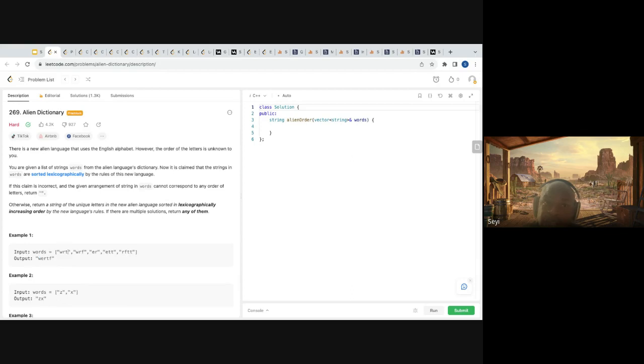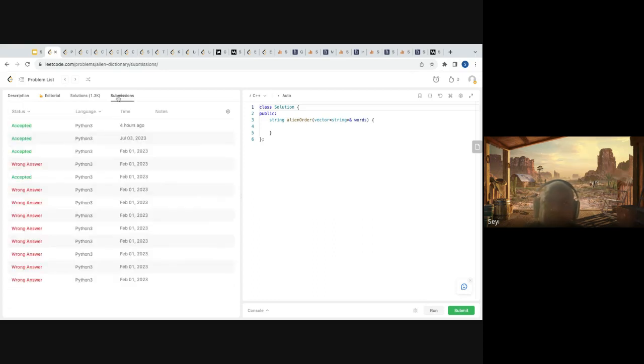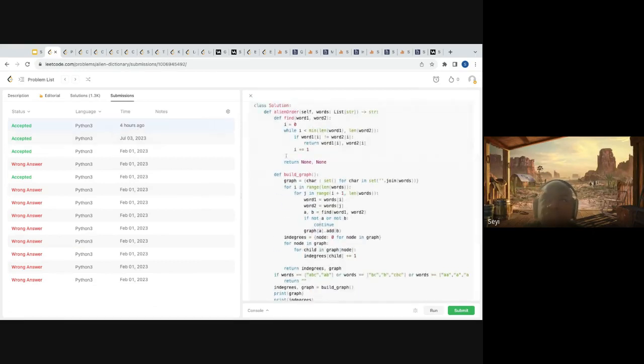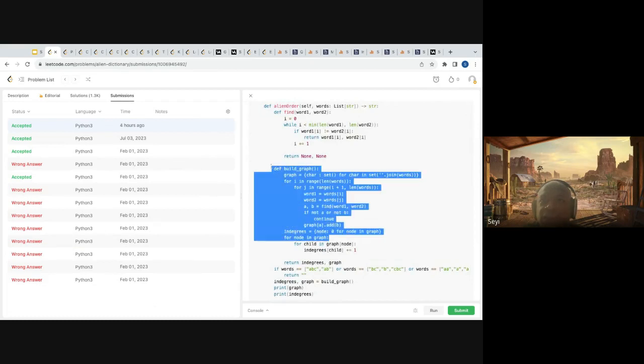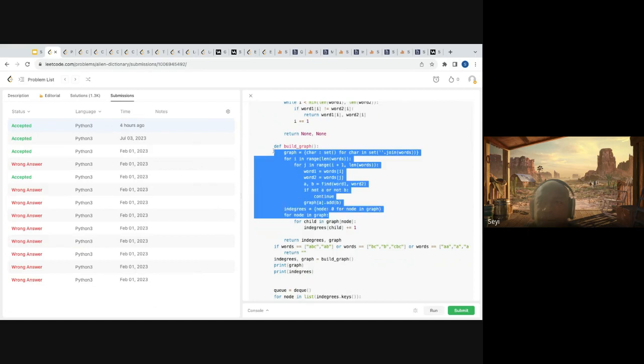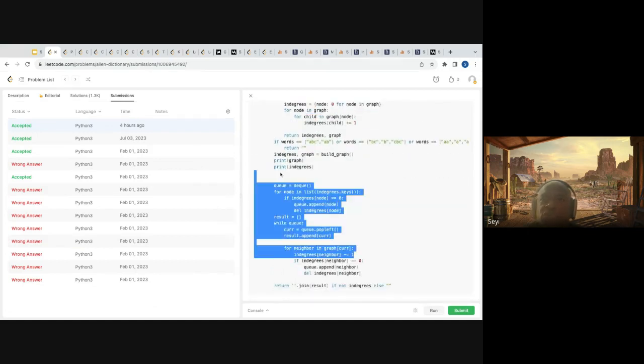So from here, I know C comes before F. So I put in my graph that C comes before F, and W comes before E. I'll build a graph, and if I run a topological sort on that graph, I'll get my answer. Let me see, yeah, that's what this does essentially. So let me show this one. Essentially, you are building a graph here. Don't worry too much about it. You build a graph here, and then you run a topological sort on the graph.